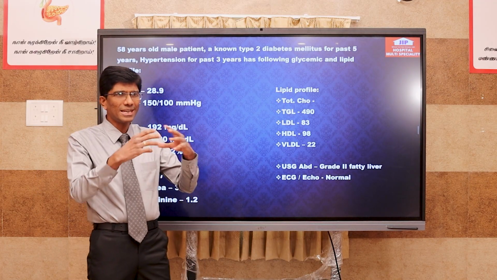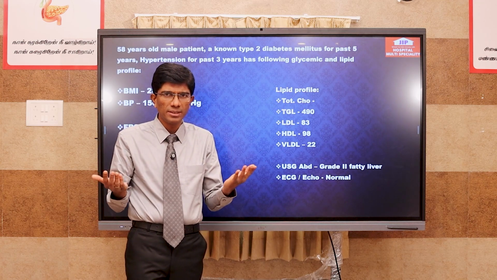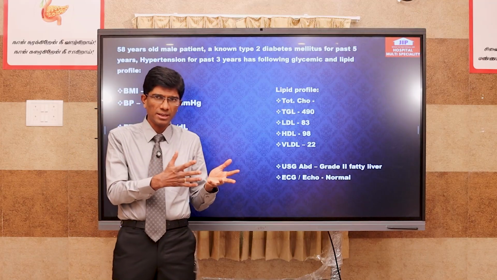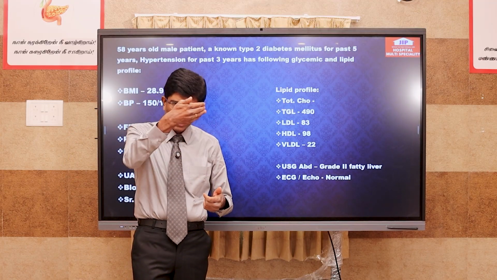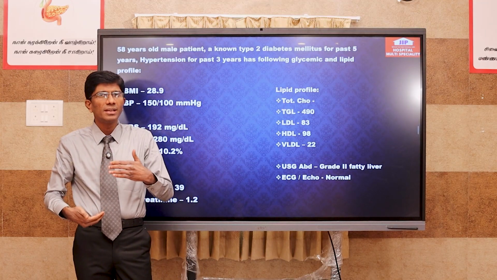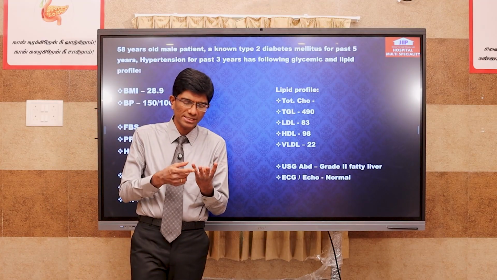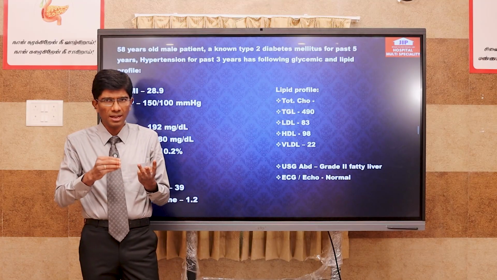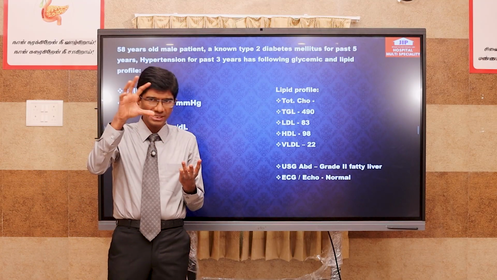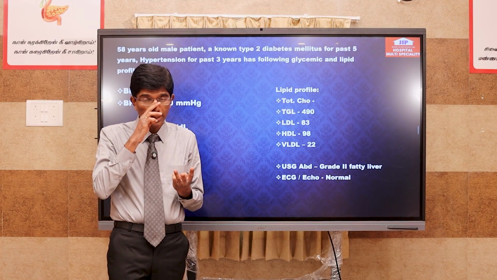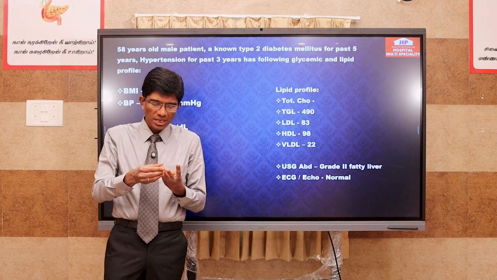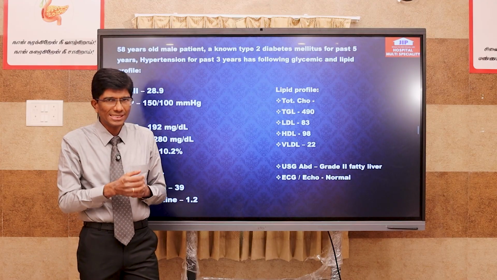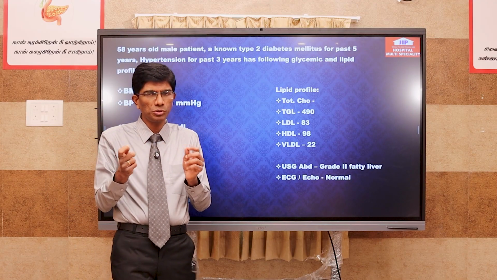When you take sulfonylurea, you have two generations. First generation, I think chlorpropamide and tolbutamide, we have not used so far. In the second generation of sulfonylurea, you have 4 drugs. One is glyburide, otherwise called glibenclamide. Glibenclamide is available everywhere. It is commonly used in primary health centers. And then glimepiride, gliclazide, and you have glipizide. I just want to give a few peculiar features of these